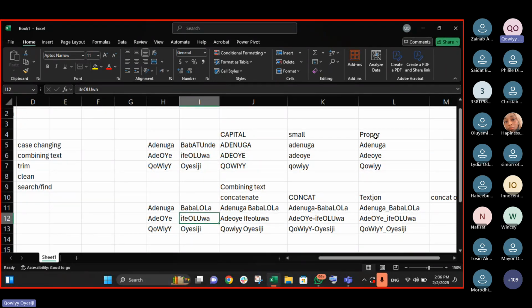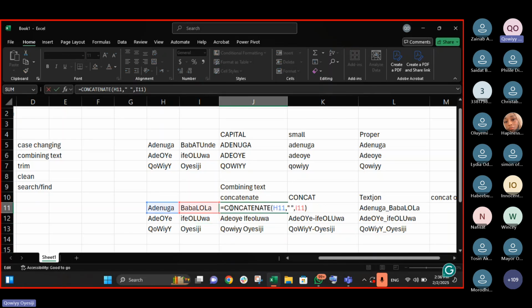This proper now, I hope you do not forget. So how will I do that? The way I will do it is just like this. In front of this concatenate, I put proper like this. That means the result this one is going to give you, turn it to proper case. If it is upper I'm having, it means the result this one is going to give you, turn it to upper case. I hope it is clear.